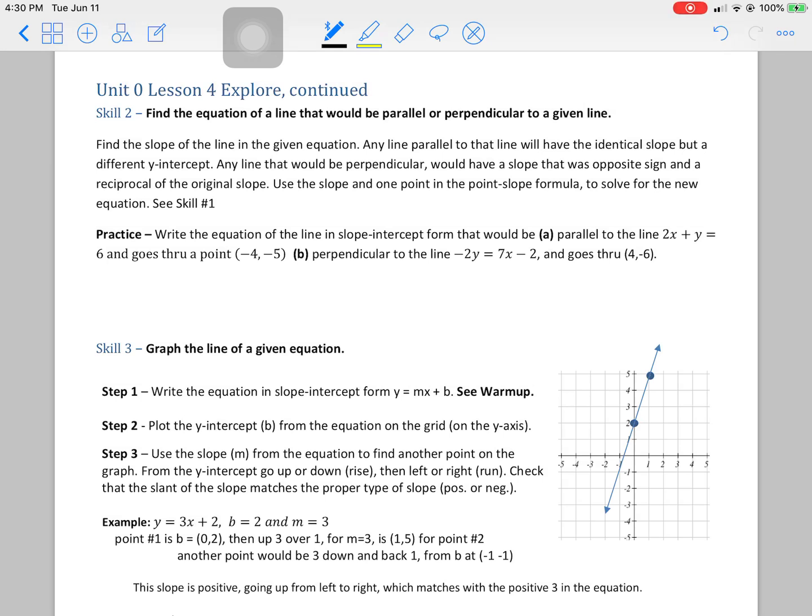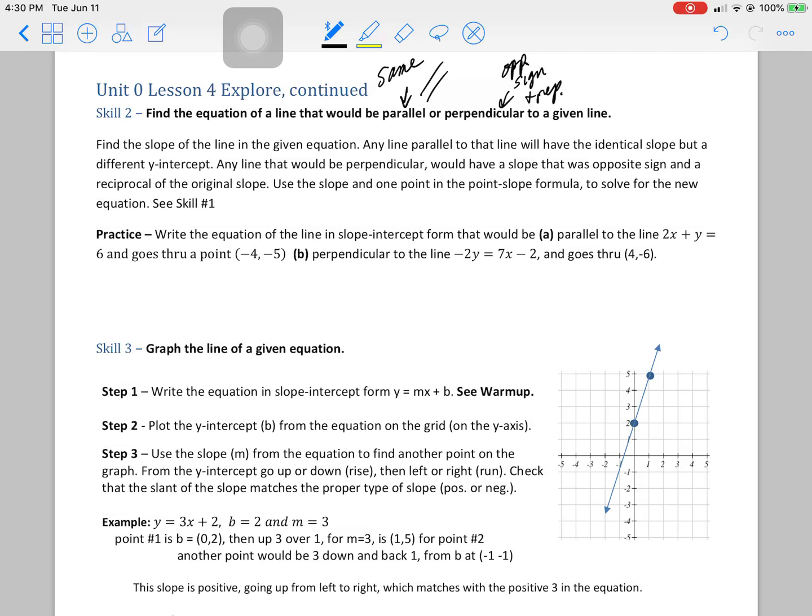All right, for lesson 4, this is page 3 of lesson 4, where we're going to talk about finding the equation of a line that would be parallel or perpendicular to a given line and graphing. So we found out in the warm-up, for a line to be parallel to another line, as in never running into each other, the slope has to be identical for both lines. All right. For perpendicular, the slope has to be opposite sign